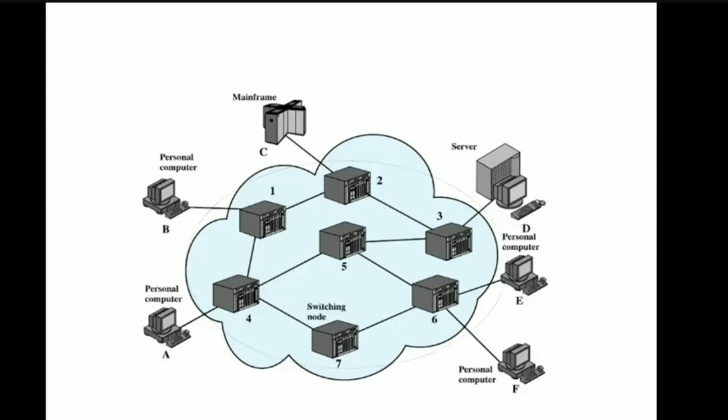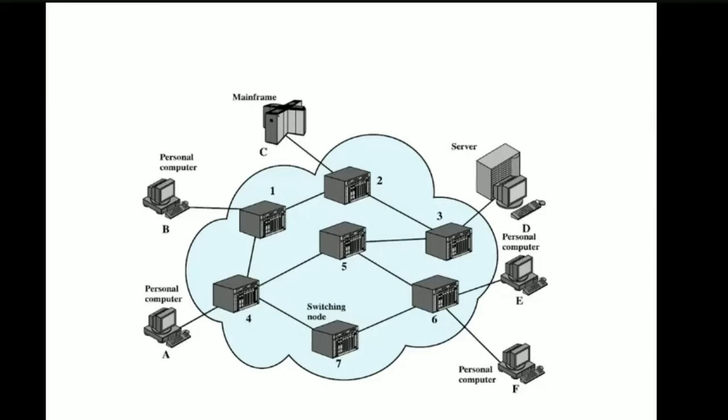Because with the help of these switching nodes only, station A, let us say, is sending the information to, let us say, station E. So for this reason, this collection of nodes is called a communication network. Now in this switched communication network, the data which is entering the network from the station is routed to the destination with the help of a concept called switching from one node to another node.